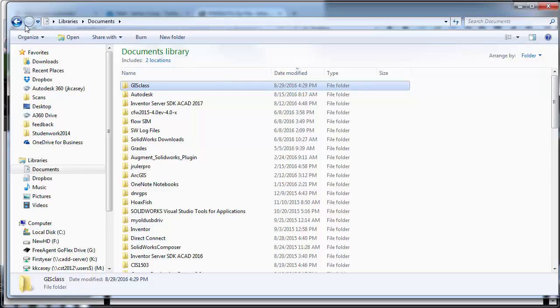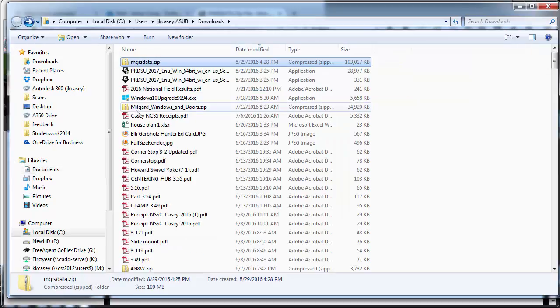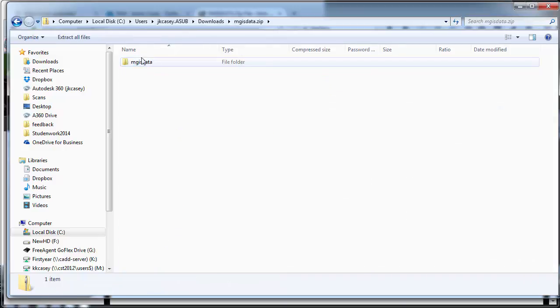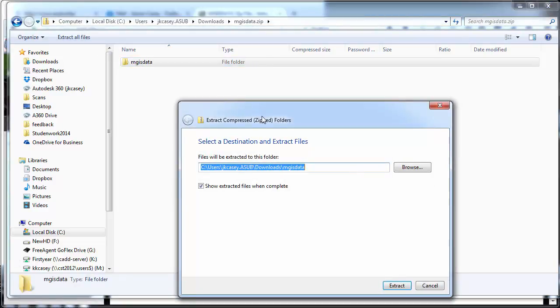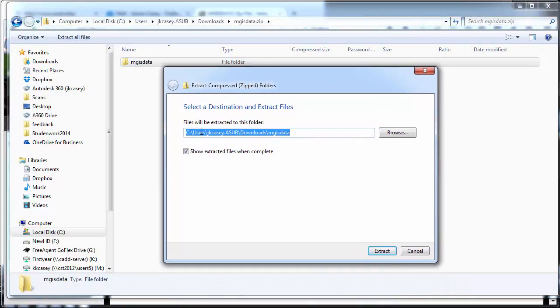And now I'm going to go back using the back arrow here to where I was before. And I'm going to double click the zip file. And you may not even see the zip, but you'll see the folder with the zipper icon on it. So when you double click that, you should see an Extract All Files button on your toolbar. If not, you can right click on it and you can probably pick Extract that way. So we're going to pick Extract All Files, and now I'm going to browse to that folder that I just created in my documents. So I'm going to pick Browse,